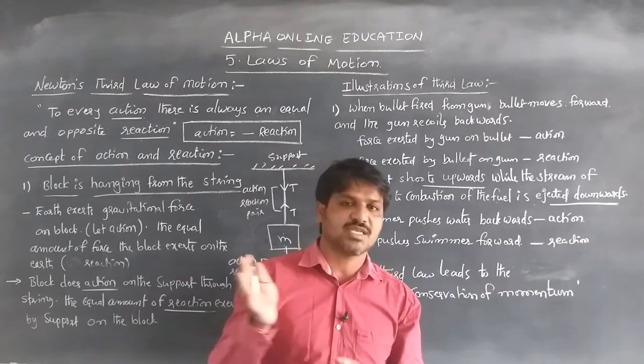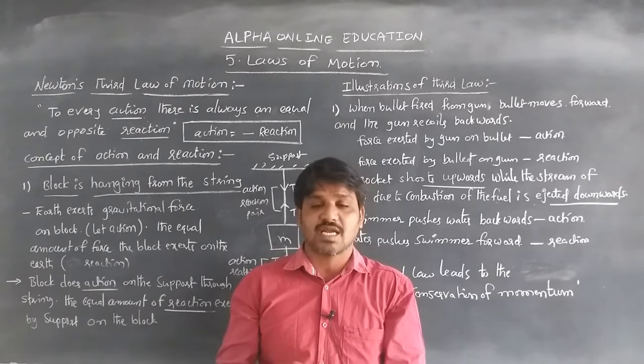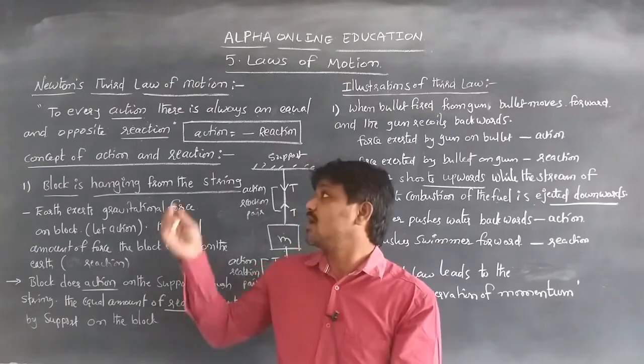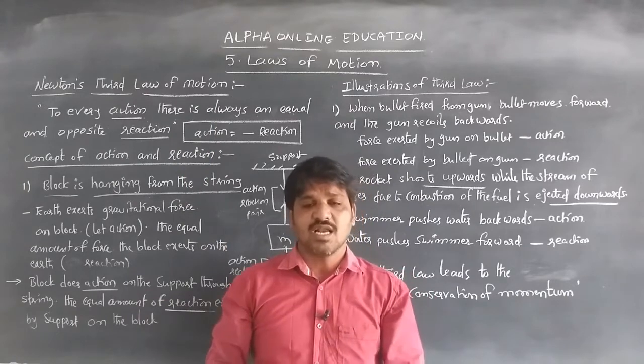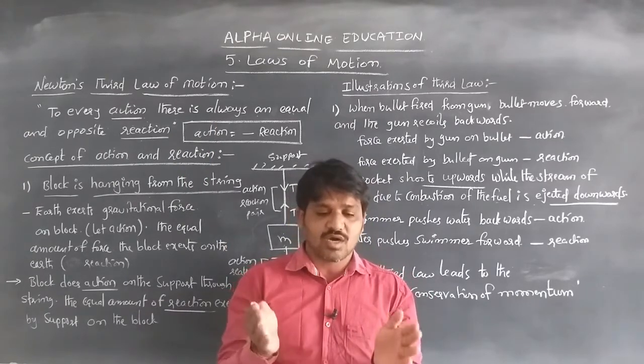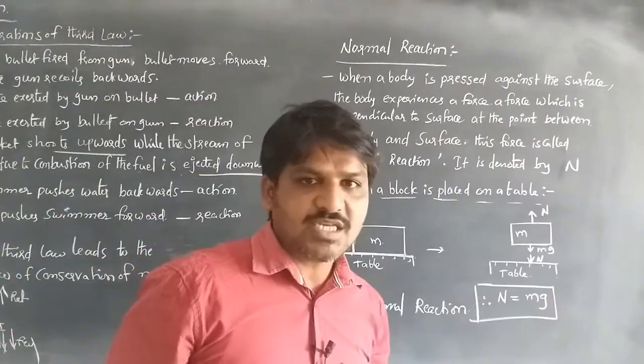If we take the sum of the forces acting on the system, the other forces acting on the body from outside the system can be known by using Newton's third law of motion. Let's see how we find the forces whenever bodies are placed somewhere. What is meant by the normal reaction?